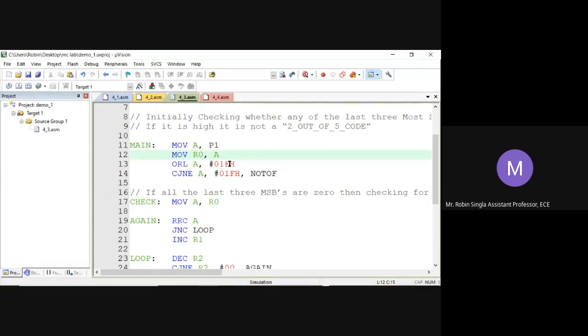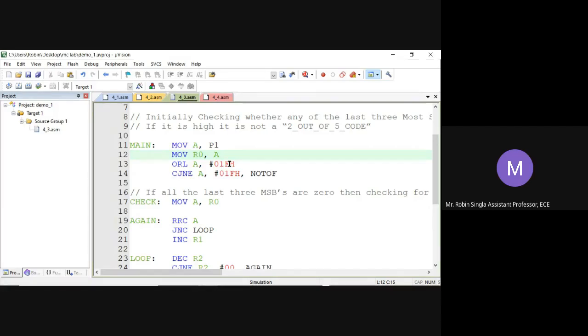So if we do a logic OR operation of A with this, what will happen? The last three MSBs get ORed with 0, and the remaining get ORed with 1. Those ORed with 0 will remain the same. No change should happen.